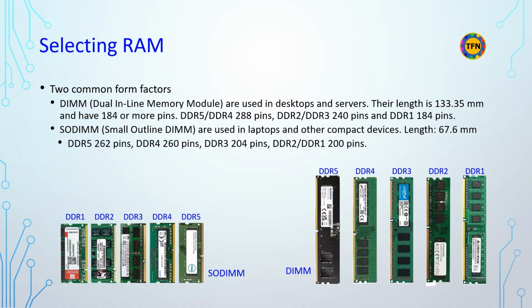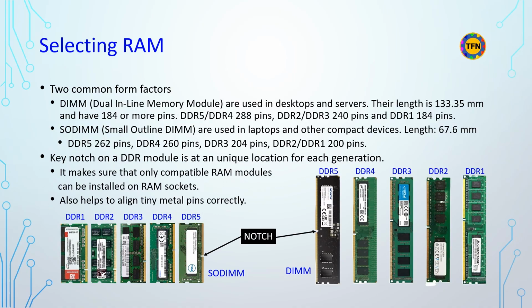SO-DIMMs are 67.6 mm long and have 200 or more pins depending on generation. DDR5 has 262 pins. DDR4 has 260 pins. DDR3 has 204 pins, and DDR2 and DDR1 have 200 pins. Key notch on a DDR memory module is at a unique location for each generation. It makes sure that only compatible RAM modules can be installed on RAM sockets and helps to align tiny metal